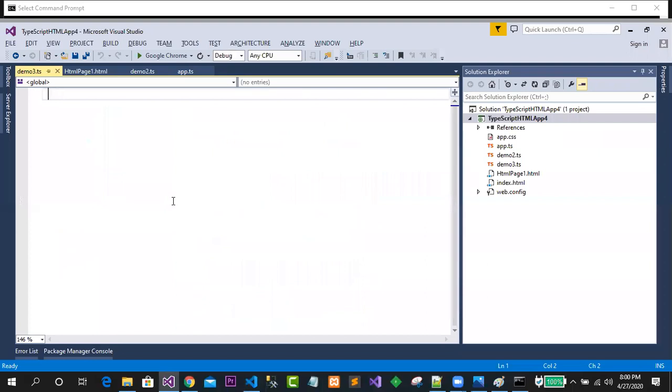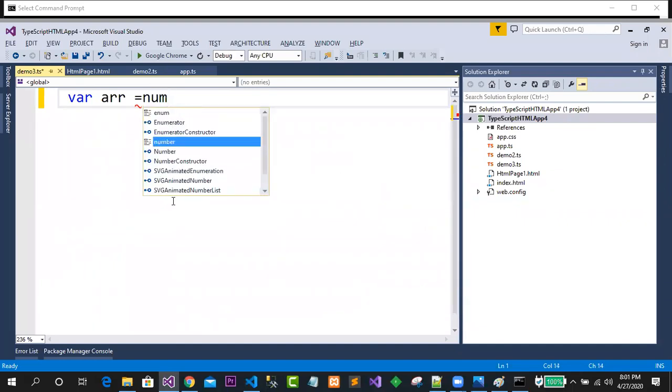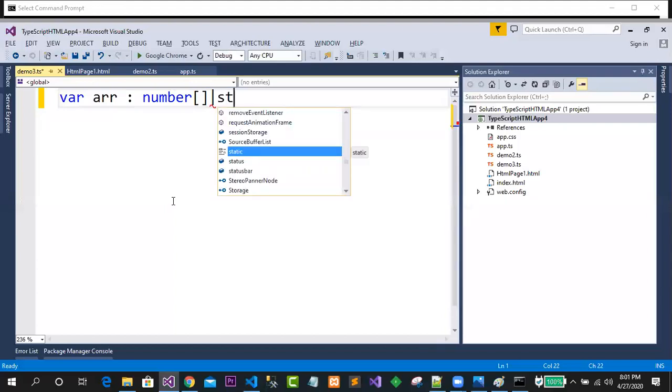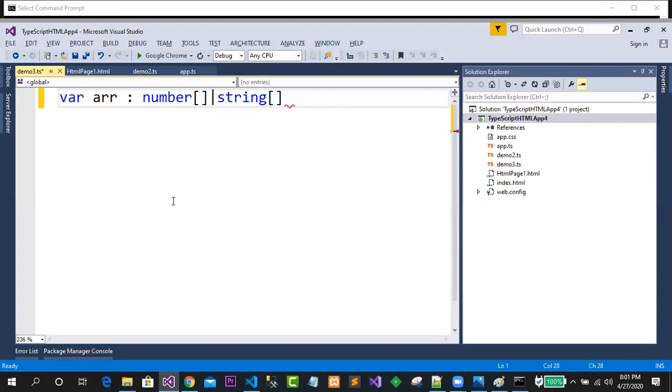Just go quickly to this. Just see, go for ARR. What kind of things do I want to take over here? Let's say my requirement is that it should take these things, guys. This is the symbol. Now I will go for a pipe symbol. So in this case, I can also go for string kind of things, string kind of array.